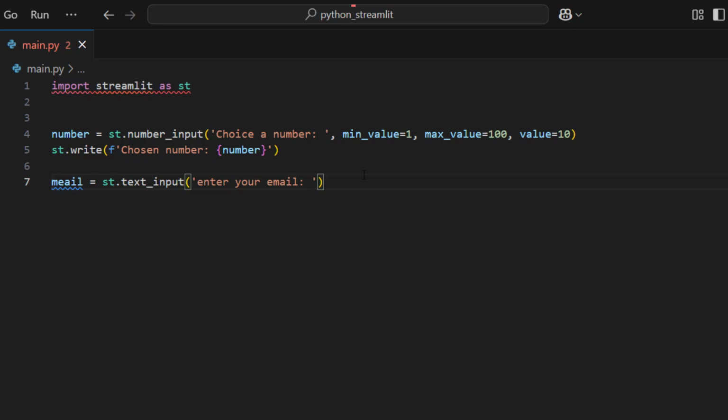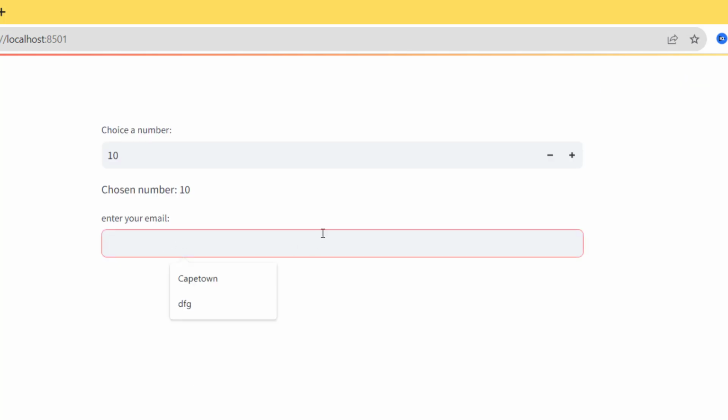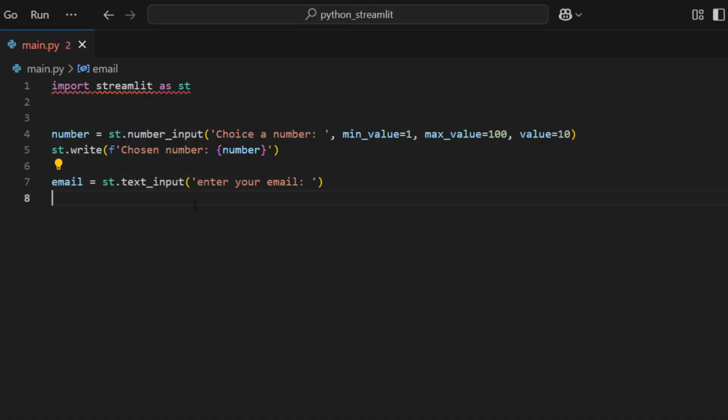Then I can come here. Oh, let me change this name, it is very bad. Email, this way, perfect. Now if I come here and refresh, as you can see, Enter your email. This is the field for the email option. Close this. Now, in order to get that email, I can also say st.write, as always.